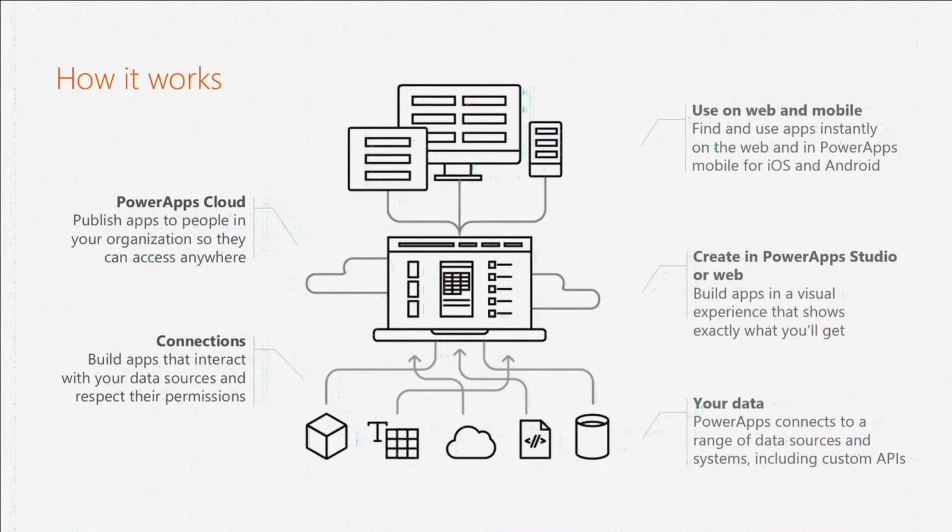And then that will act as the gateway between the PowerApps service that's running in the cloud and your on-premises data. There's the connection that is basically the piece that talks between PowerApps service and your data, and then you create your Power App in the studio. You save it to PowerApps Cloud,